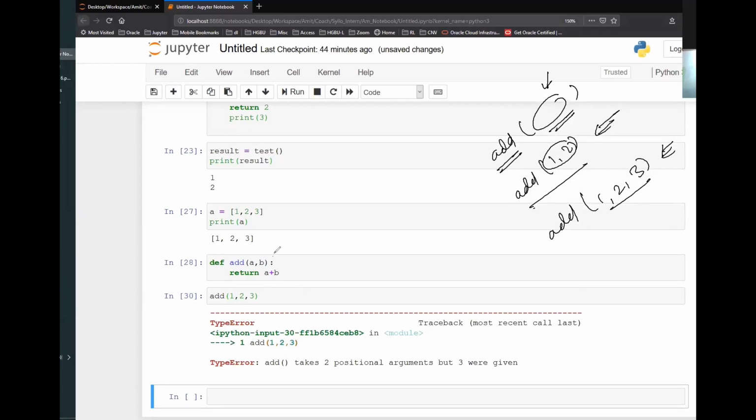This function is expecting just 2 values while I'm passing 3 values here. So in ideal scenarios, exactly the same number of parameters that you have specified here, you have to pass while calling that function. That is the expectation. Okay.